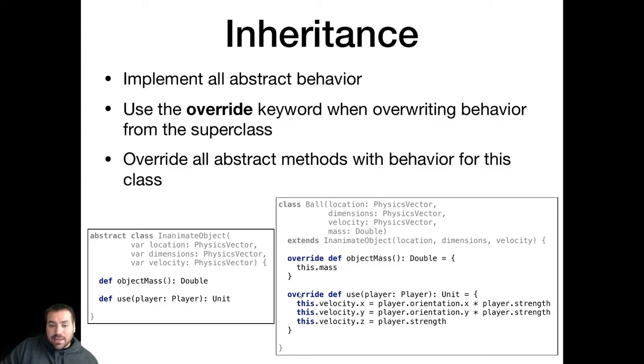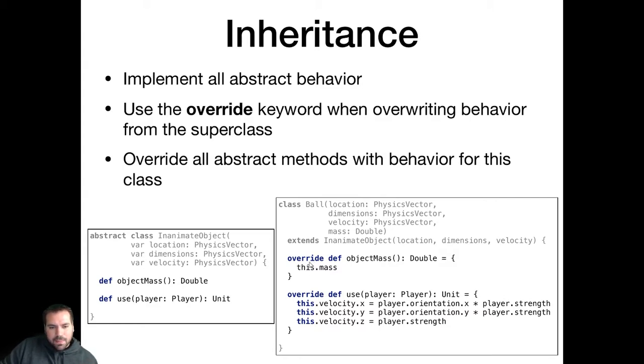And technically, I don't have to use the word override. Dennis Grace is asking a good question here. I don't really have to use the word override here because I'm not overriding anything. These are abstract methods. So I'm not overriding any behavior, and if you don't have the keyword override here, this will work just the same if we don't have override here and here. I recommend still using override